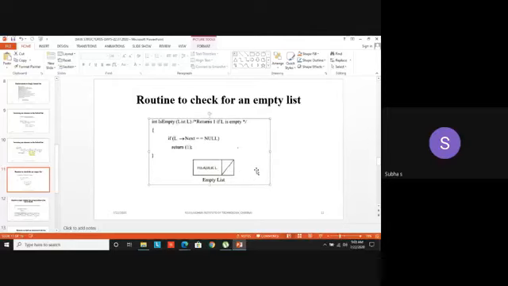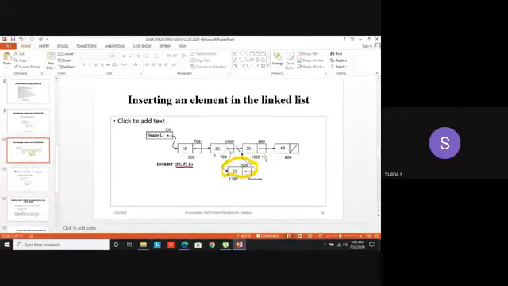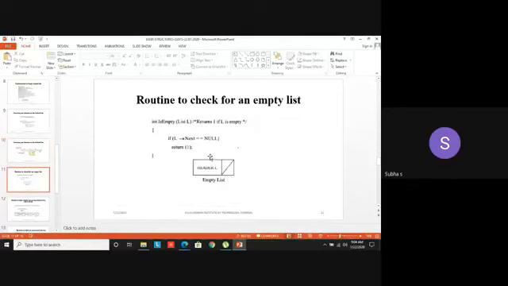Then header next is not equal to null, because header is pointing to this one. Assume that you are having only one element, 10, and ignore all the other elements. Header is pointing to one element, so header next not equal to null. It means that there is some element in the list.